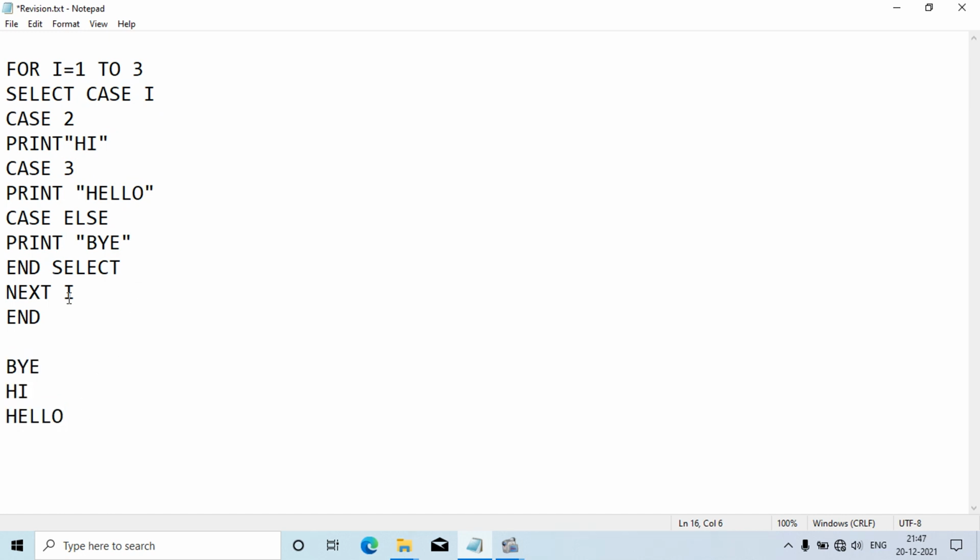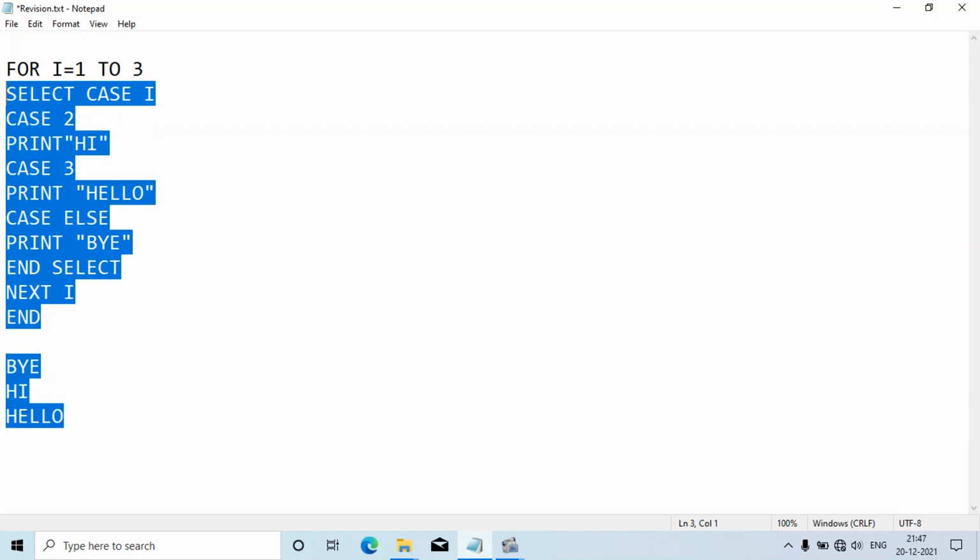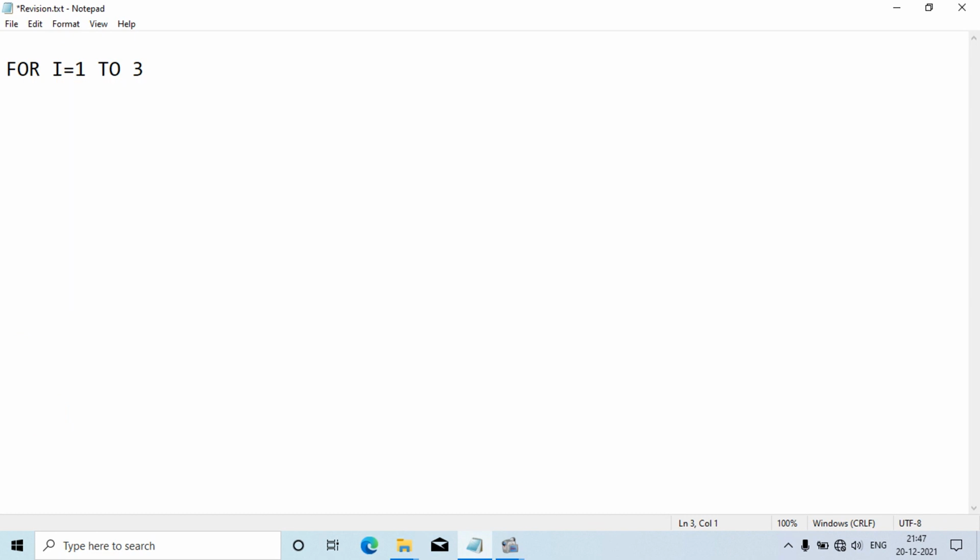Okay, so what if we do some kind of mathematical calculation inside the for loop? Apart from select case, we just remove the select case. Now what if we do some mathematical calculation? For that we need some numbers. Suppose we are feeding some numbers, a equal to 1546, a random number I have taken.